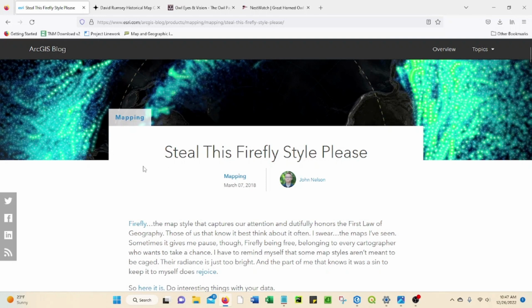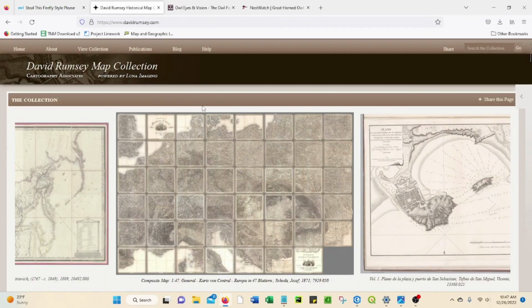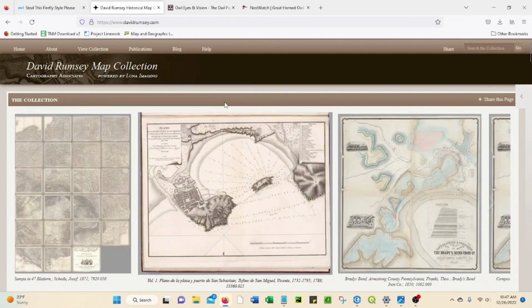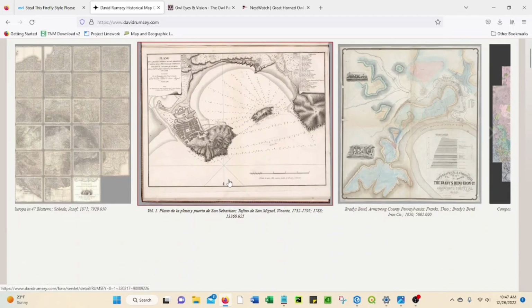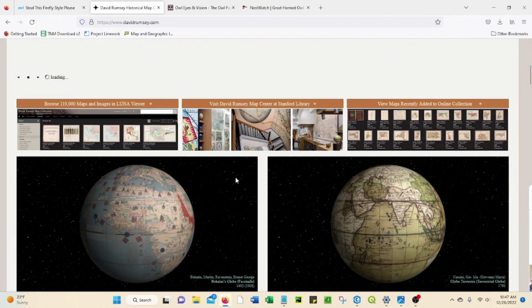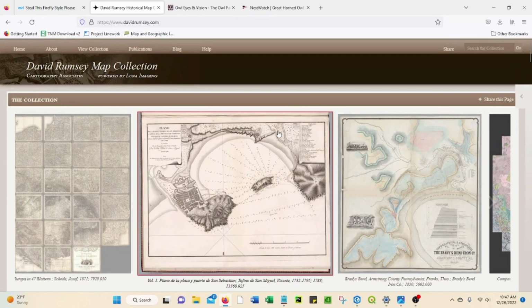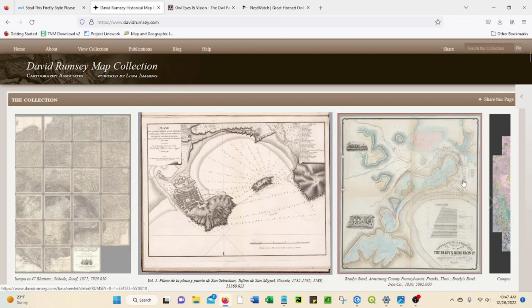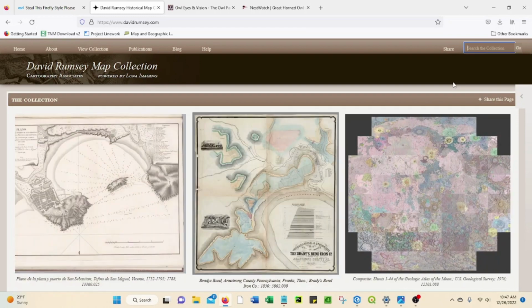He also inspired me to go look at the Dave Rumsey Historical Map Collection. Now this is right up my alley. I'm a historic landscapes cartographer. Right now I'm working with the National Park Service drawing historic landscapes, and I do a lot of it on my own. So big find for me to see this. And just on a whim, I had started looking up different animal names to see what they might have for old maps. And I looked up owl,